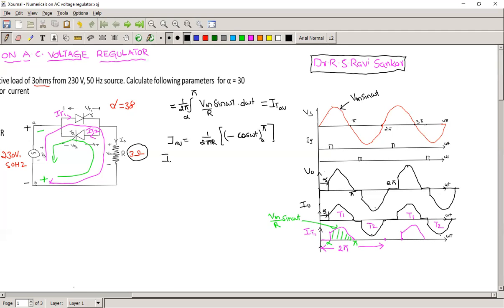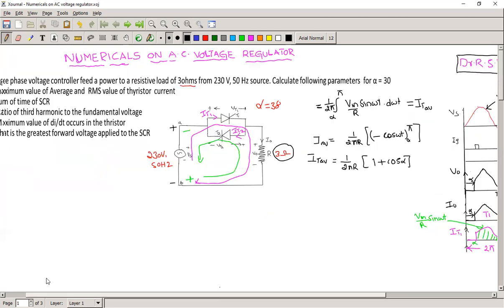So IT average equal to 1 by 2 pi R, 1 plus cos alpha. If we complete that integration, but in the numerator it is given,